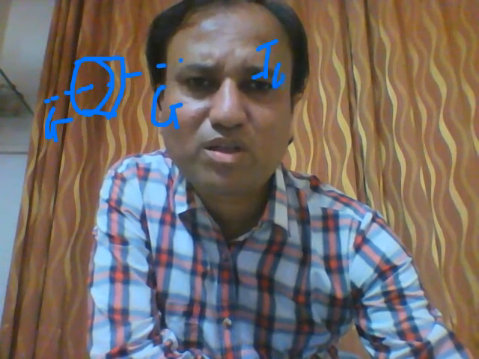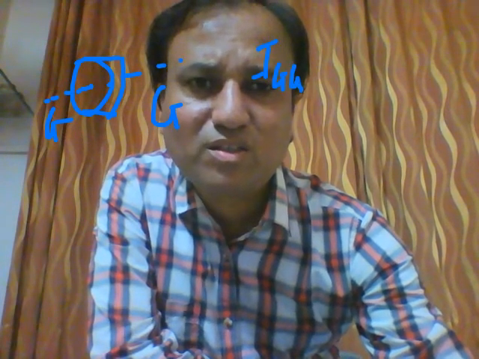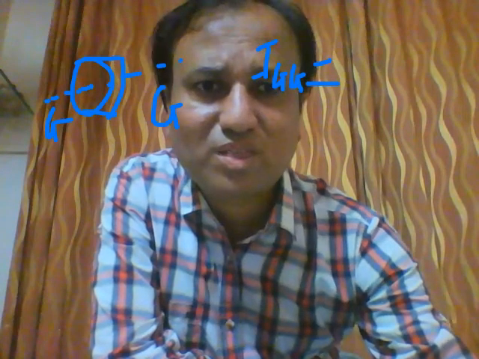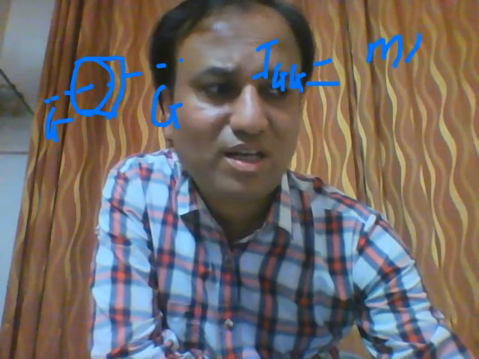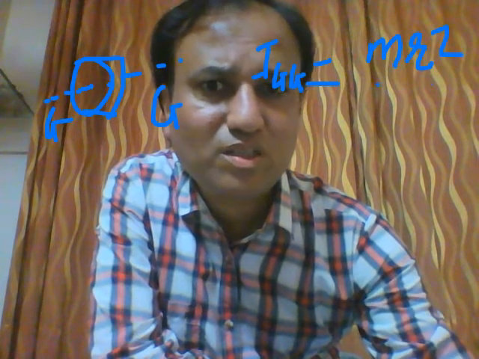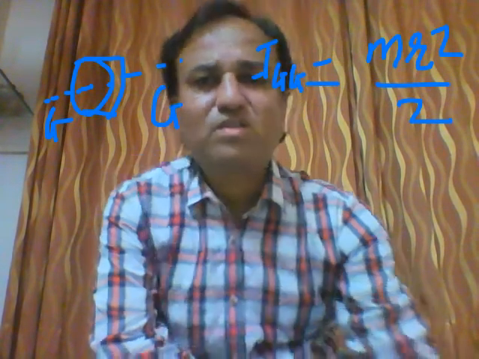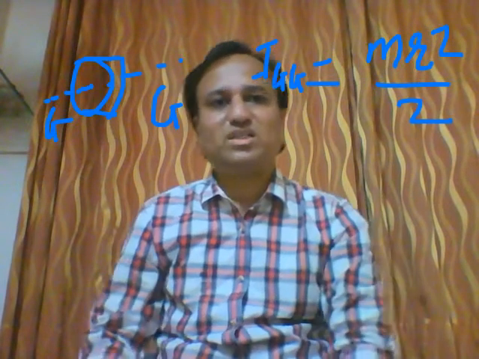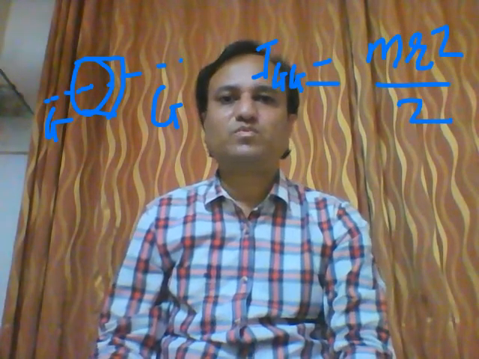Let the reference axis be the centroidal axis. So for a cylindrical disc I have considered, students, the moment of inertia about the centroidal axis, with r as the radius of this cylinder, is mr square by 2. So the moment of inertia about the centroidal axis is mr square by 2.